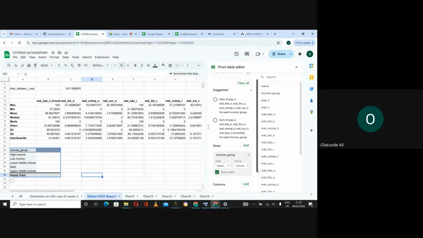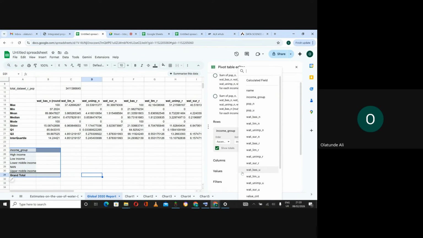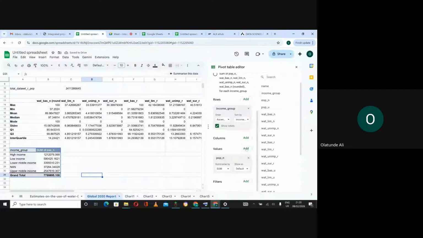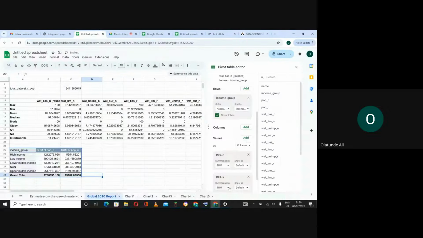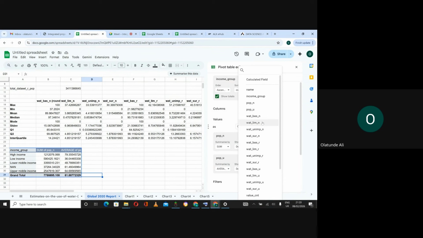And then what will be our value? So our value will be sum of pop n. We would add another value. The other value will be average of pop p. So this is sum, so we change it to average. Average of pop p. We'll include another value again. So the other value is the average of water basic n,